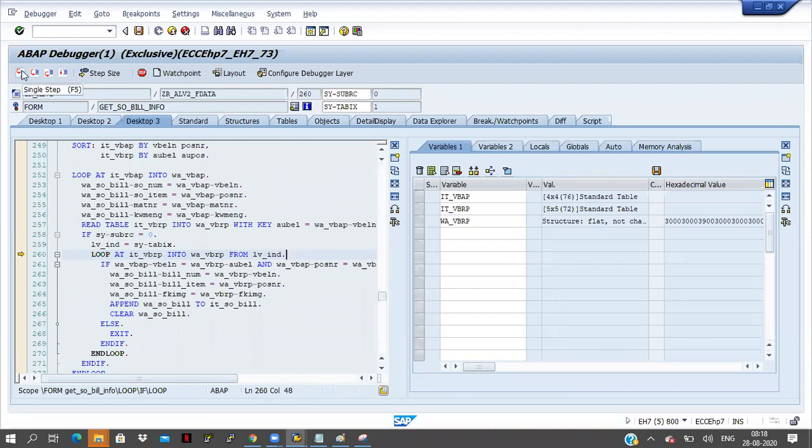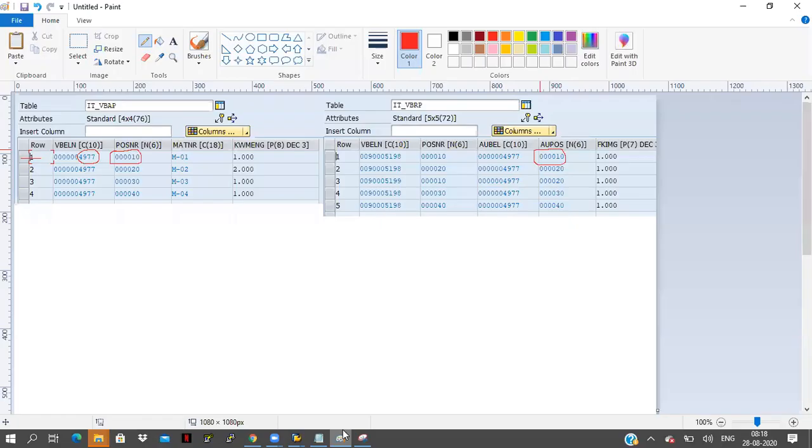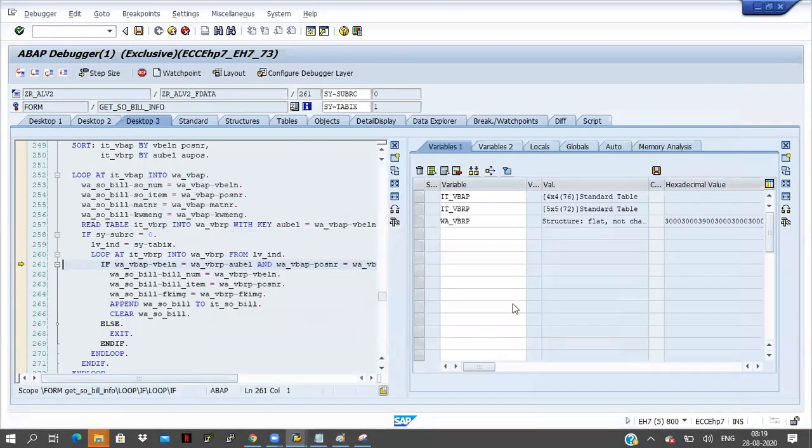Click on F5 button. In the loop, in the first record, I am checking one more time: this VBELN and POSNR, and here AUBEL and AUPOS. If these two are equal in both records, then only I have to go inside.